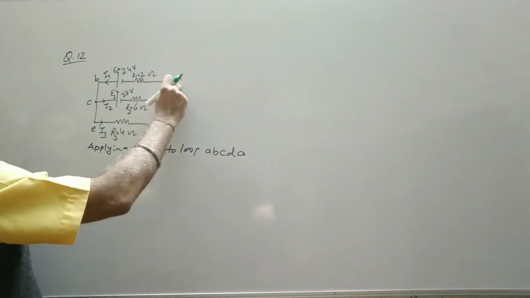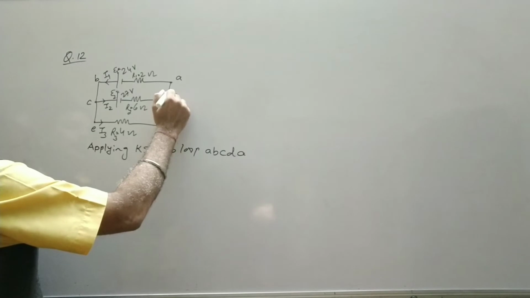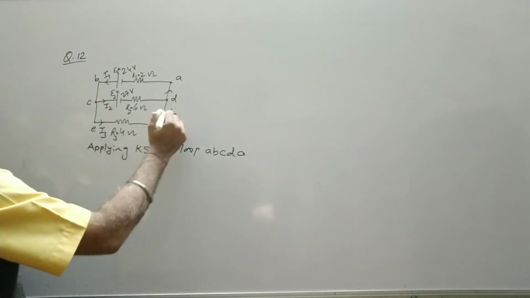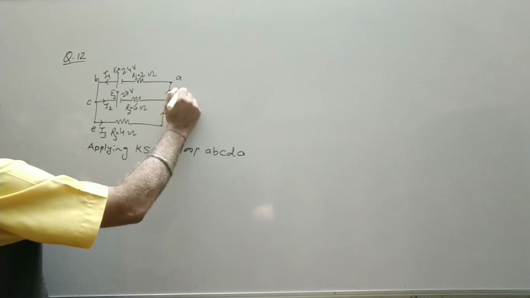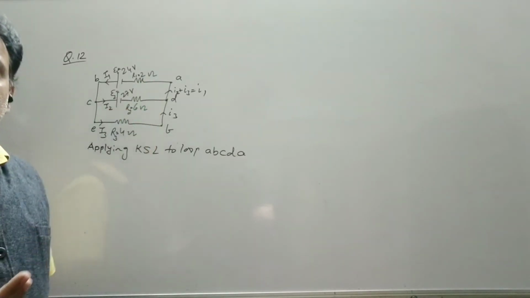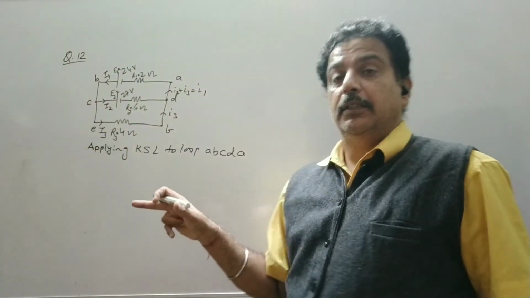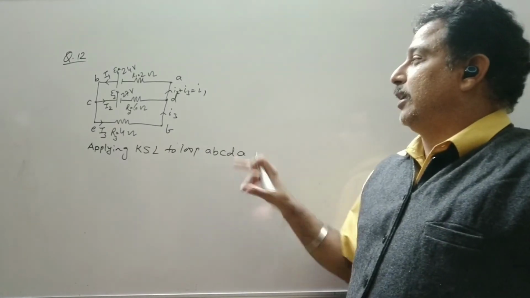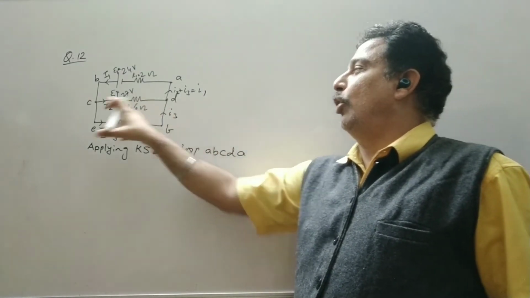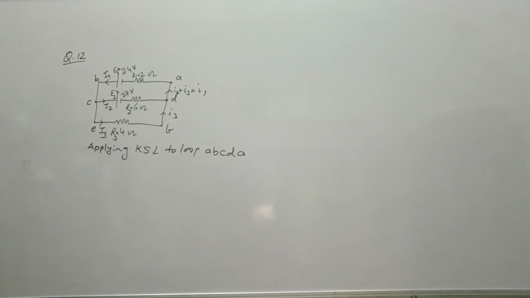So starting from A, now this is I3, then we have I2, here I2 comes at this point, so it becomes I2 plus I3, that is equal to I1 also. So we have one more equation. So for 3 unknowns, either you take 3 loops, one will be the first half, second half and the entire circuit, or you can use Kirchhoff's first law at a junction D or C, where I1 is equal to I2 plus I3. So let us apply Kirchhoff's second law to the loop A, B, C, D, A.